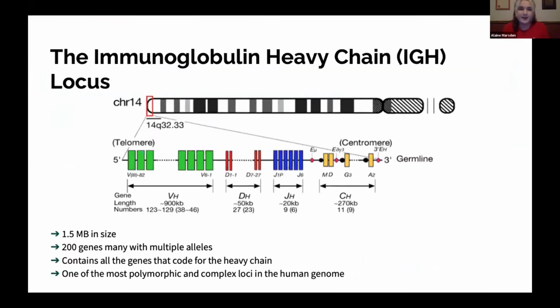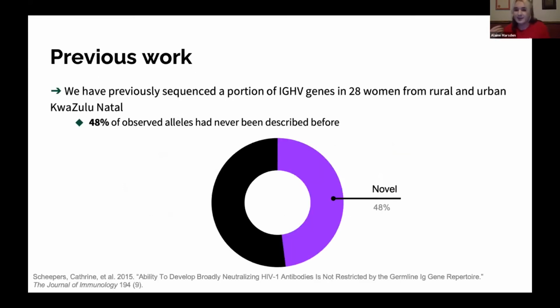So the human IGH locus, or immunoglobulin heavy chain locus, is found at the very tip of chromosome 14 and contains hundreds of genes that code for the heavy chain of an antibody, which plays a critical role in antigen recognition and effector function. So it follows that polymorphisms found in this area will have an effect on an adaptive immune response. And many of these genes have multiple alleles, leading it to be one of the most polymorphic complex loci in the human genome. So we have previously done some work